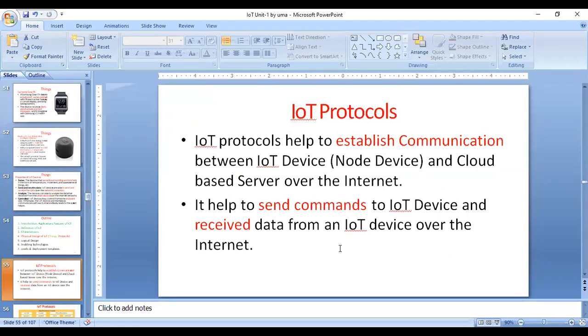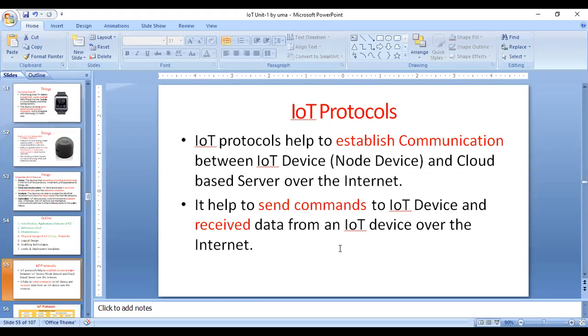The cloud based server is maintained by the cloud provider. The cloud provider has managing capabilities over the servers, for example Azure and AWS. Here, these protocols help.